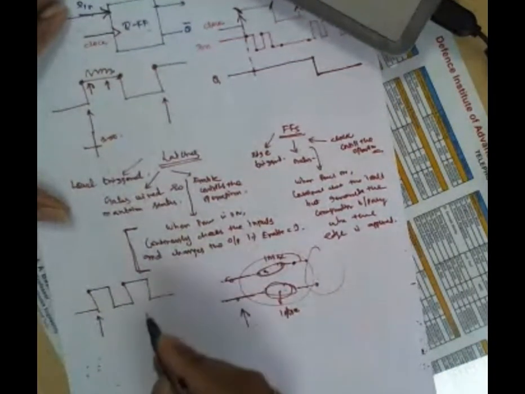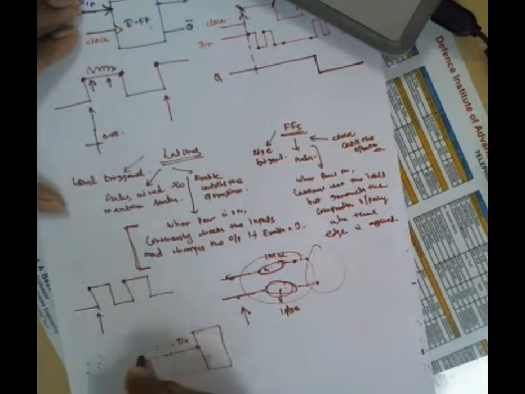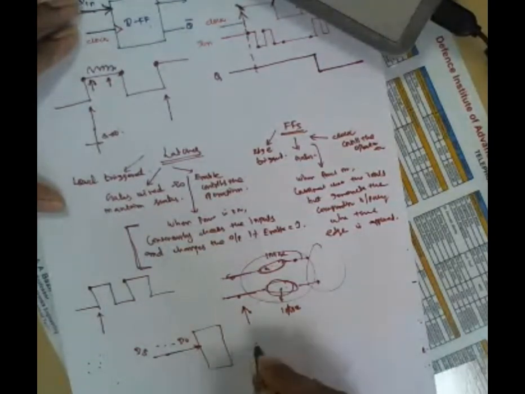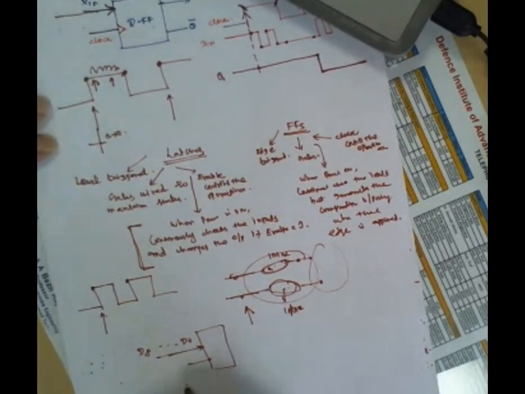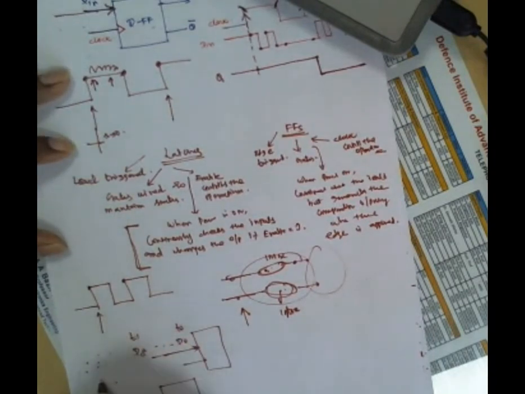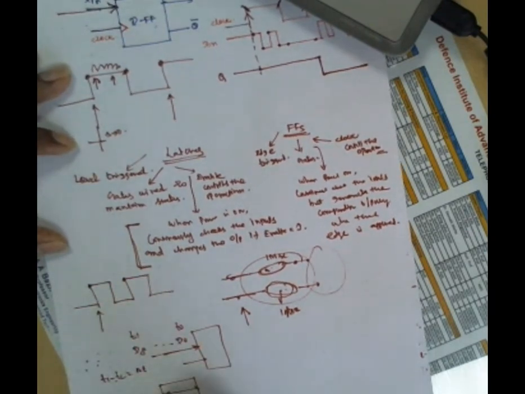Suppose, in another way, I am reading the data serially, maybe D0 to D7. These 8 bits should be read into the system. In this case, I should not go for clock. I should go for enable only, because I have to read the data for a certain amount of time. If I start here at D0, this is T1 minus T0, maybe delta T. So I have to make the on period delta T, because the circuit should be on for an enable-based system, or else you can go for a high frequency system, something like this.